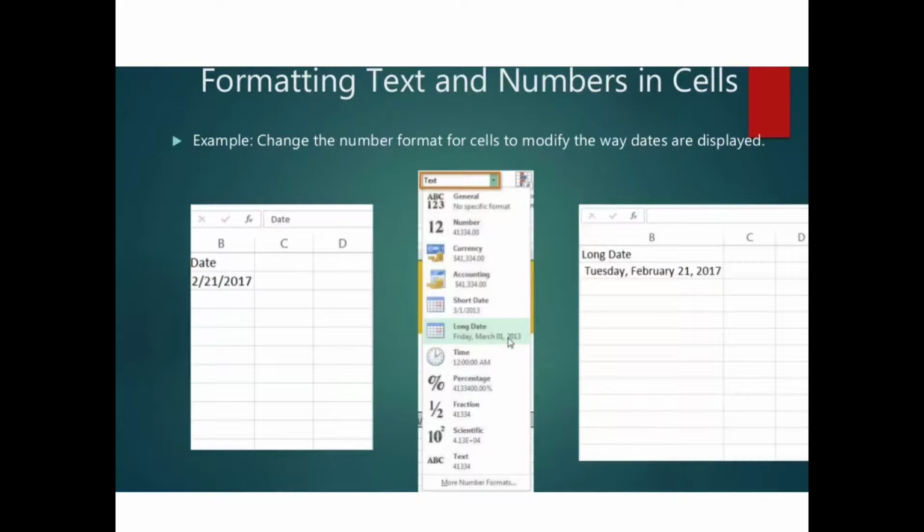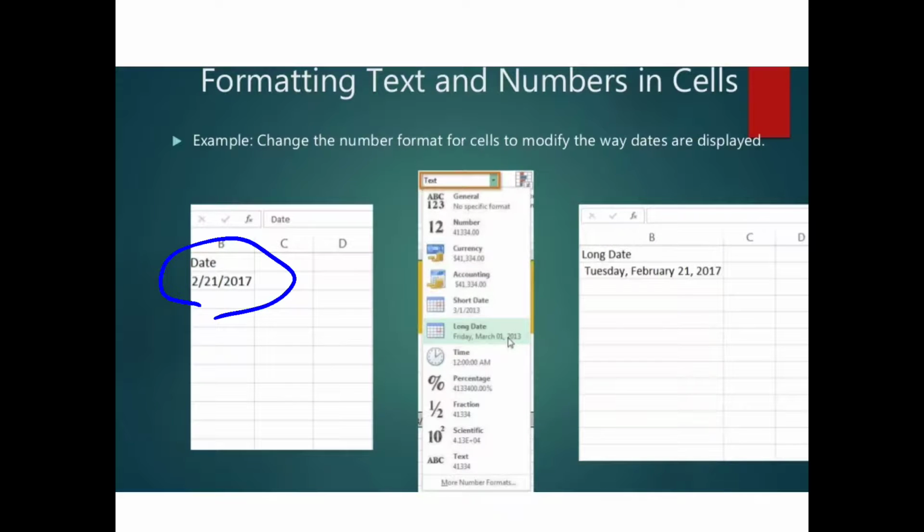So in this figure number 1, in the B column, we have the date 2/21/2017 appearing here.